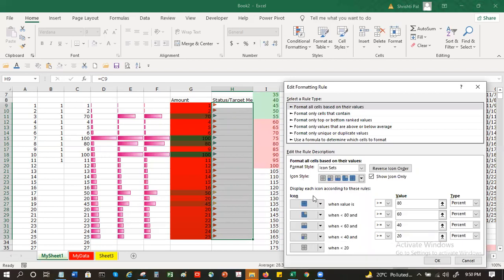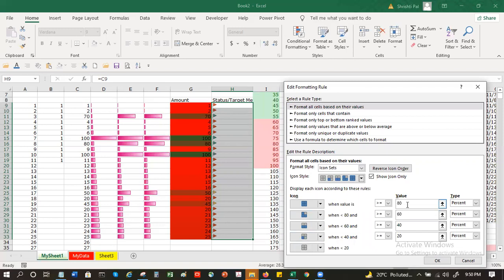I want this. So accordingly, I can have multiple cells also. How many cells I want to highlight? So icon sets, and there are 5 styles here. One totally empty, one totally full, and in between 3.